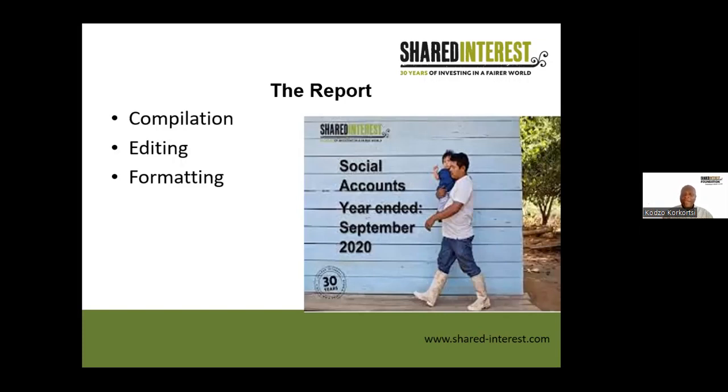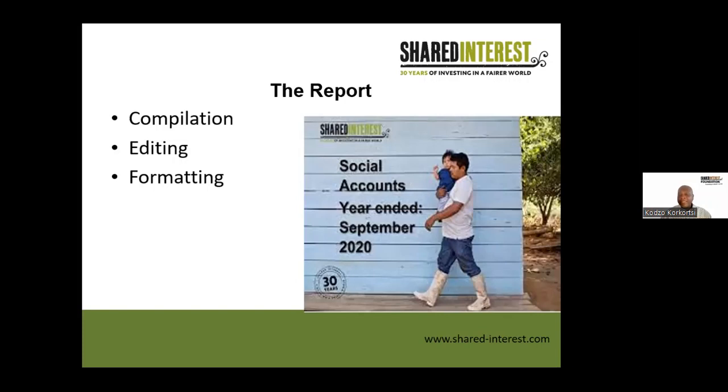It's also a very involving exercise, because during the formatting stage, there's movement of text. When you put a photo here, it might shift the text there. So it's really a hard job, but again, we have expertise in-house and we are able to produce this as well. We also look at the cover page, and what type of photo we put on our cover page that will reflect what we have done during the year, or that will tell a good story about the organization. All these processes are completed during the formatting stage.